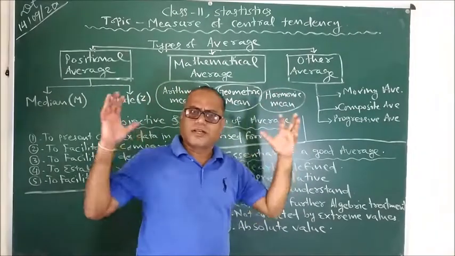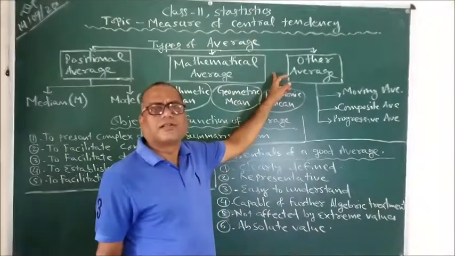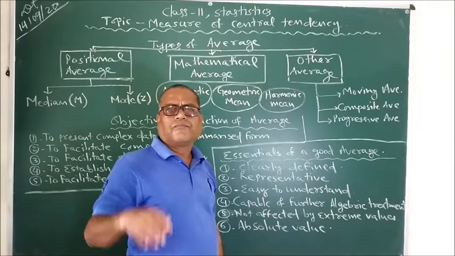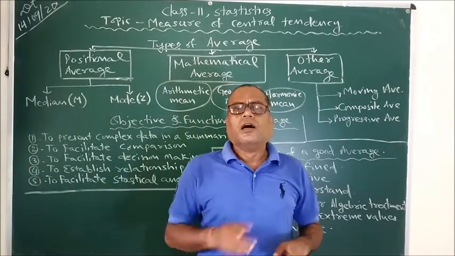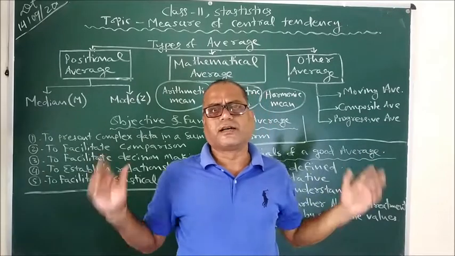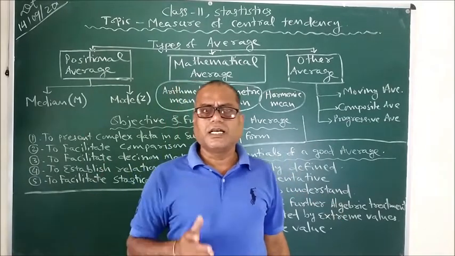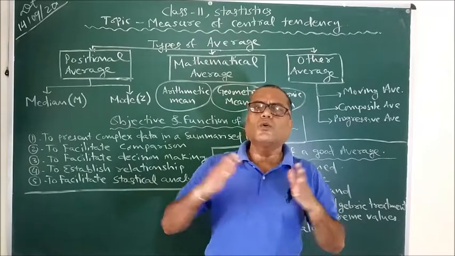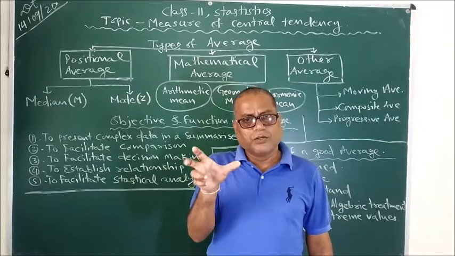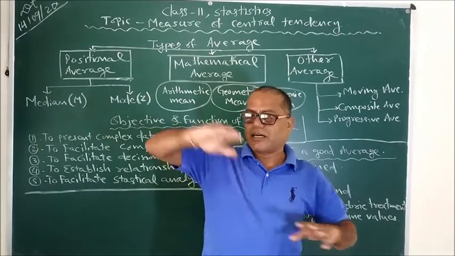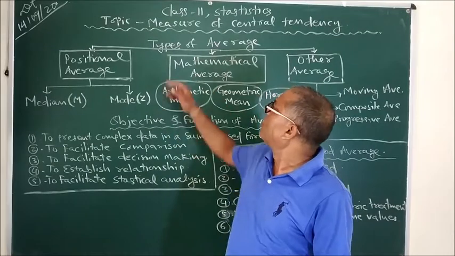So we need to condense them, and the main thing in statistical analysis is to find a singular figure or a singular value that would represent the entire complex data. Thousands of information we have, but at the same time we cannot make use of all those thousand values. That's why we have to find out a singular value that will represent the entire population of the statistical analysis or inquiry.